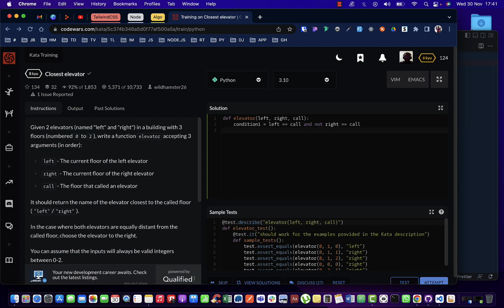So that's condition 1. Condition 2 is when the call is lower than the left, and the left is lower than the right. And condition 3 we had